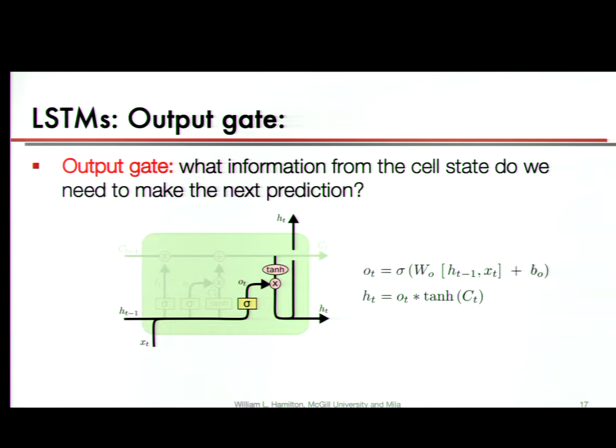Good question. So there's only kind of one information highway here. Could we add more? Yes, you could, and I don't know off the top of my head of a particular work that phrases it in exactly that way, by adding another information highway. One straightforward way that people do that is by making a deep LSTM. So we talked about how we could stack RNNs. You can also stack LSTMs, of course,